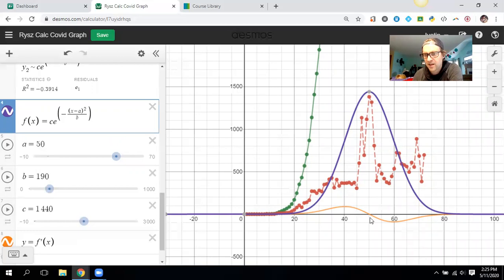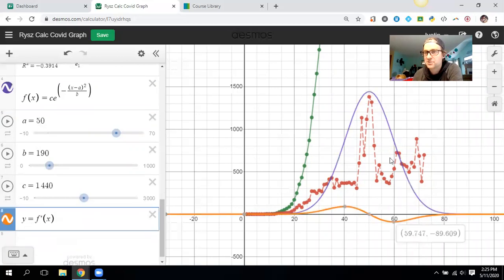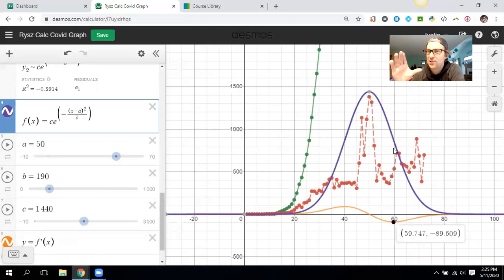So remember, anything below this graph means we're still getting new people per day, but we're getting less. That number is getting smaller. We're still getting more people per day, but a lower amount per day. Something like day 60 here is when we reach the lowest amount of new people per day. And today's day 72, so roughly 2 weeks ago,